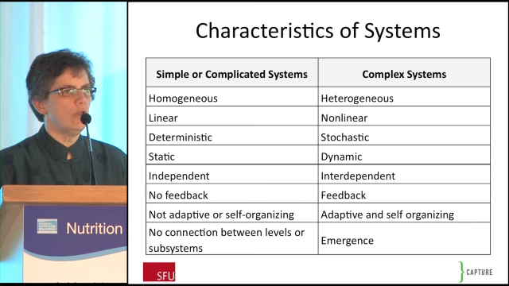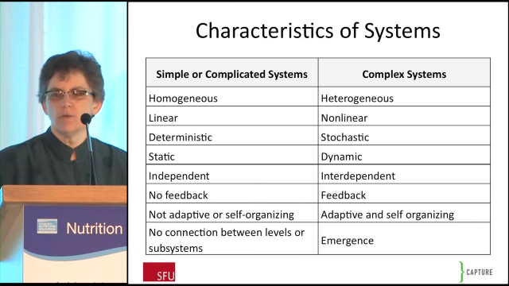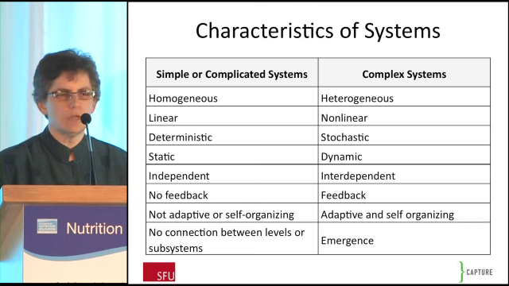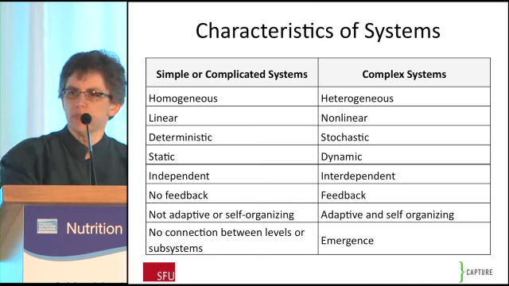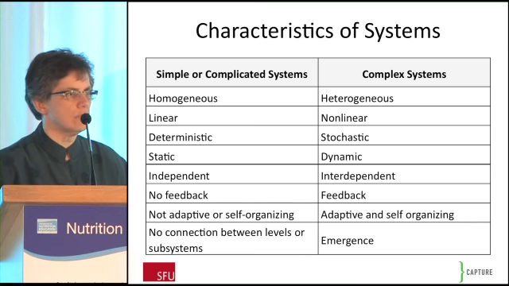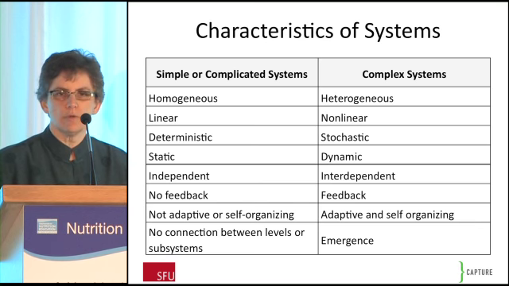So if we were all homogeneous in this room and all had the same exact caloric need or did the same amount of physical activity, it'd be probably a fairly simple problem to figure out a way to get us to eat less and move more. But we're not homogeneous. We're very heterogeneous. We have different biological predispositions and all kinds of other things that affect us, and that makes the problem more